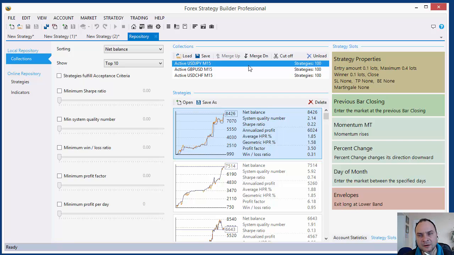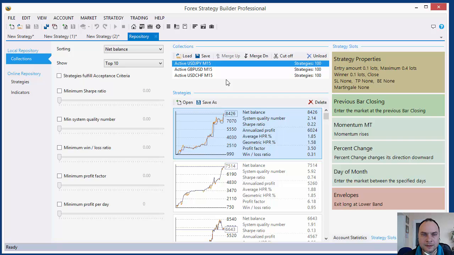So we have here 100 strategies, one with the minimum balance and one with the maximum balance. When a generator finds a new strategy, if this new strategy has a higher balance than the minimum, the generator pushes the strategy here in the collection,